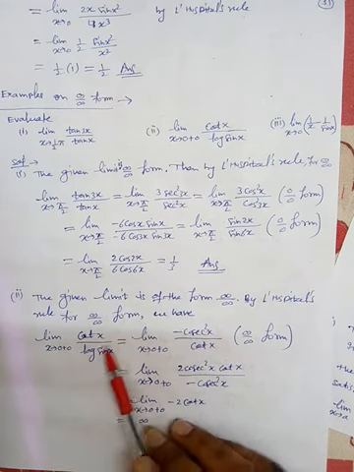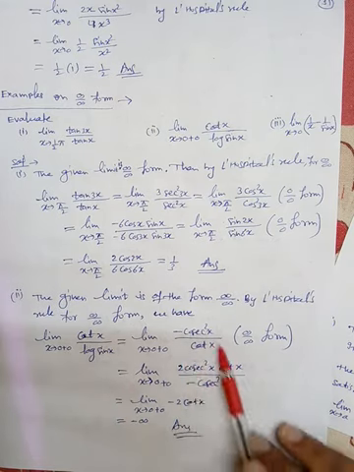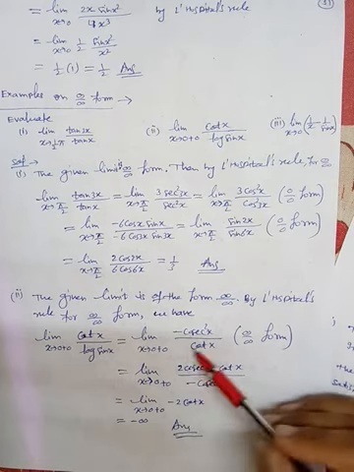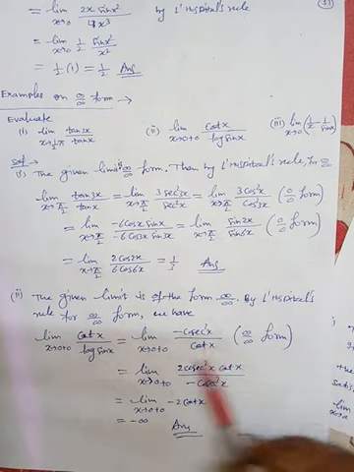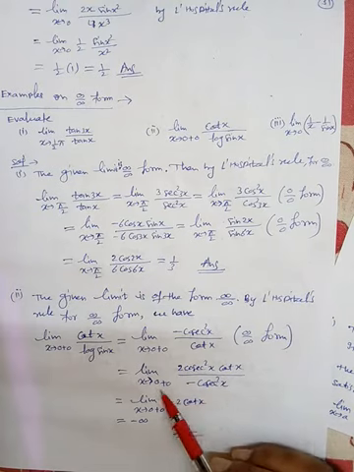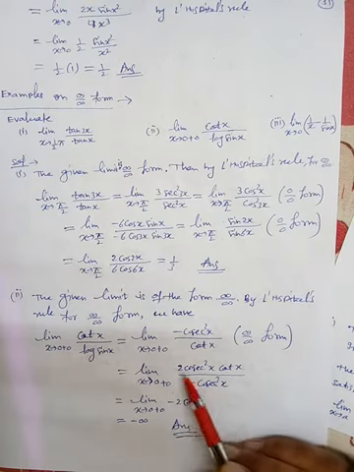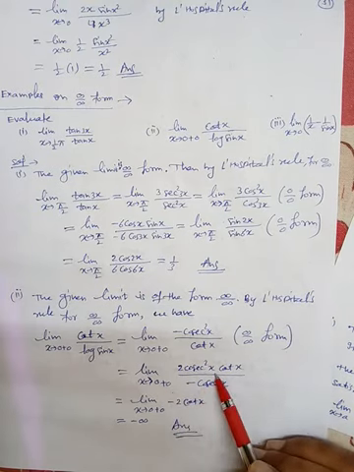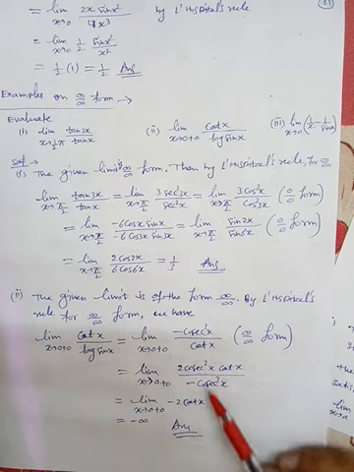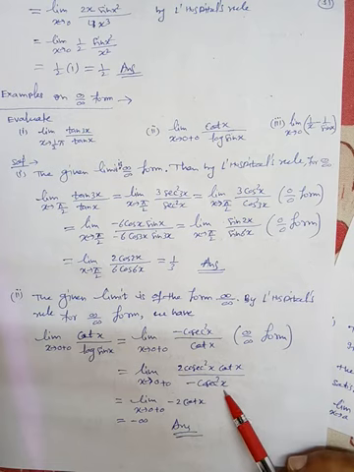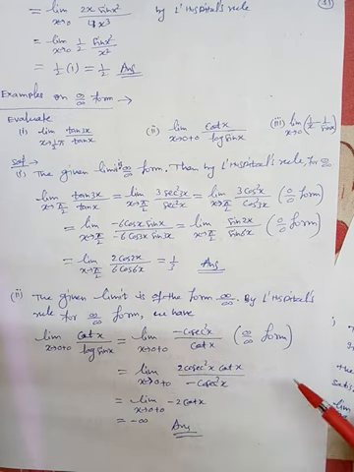So ultimately we get cot x. Again when you apply the limit, we get infinite by infinite form. So again apply L'Hospital rule here. So limit x tending to 0 plus 0, which is nothing but 2 cos square x and cot x, divided by its differential, we get minus cos square x. So ultimately cos square x and cos square x cancel out. So we get only minus 2 cot x.